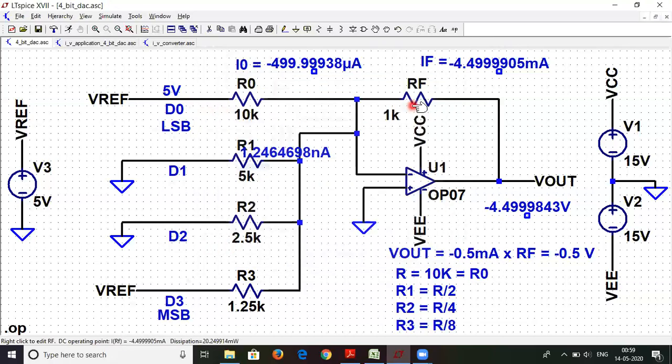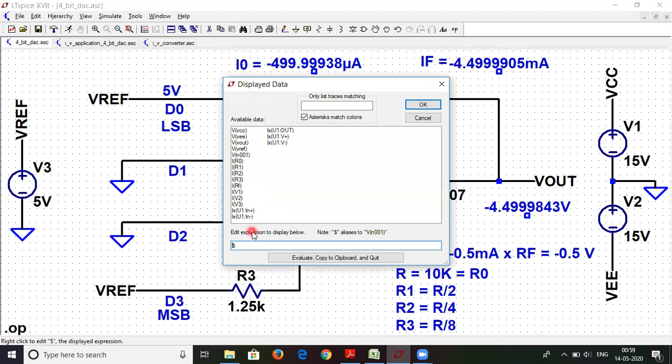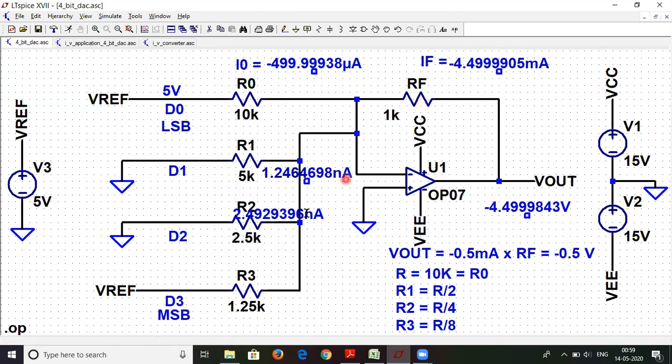So let me select that. This is the current flowing through it. This is almost equal to 0 because it is around nanoamperes. Similarly, the current here, let me place this value over here, will be the current flowing through resistor R2, which is I2.